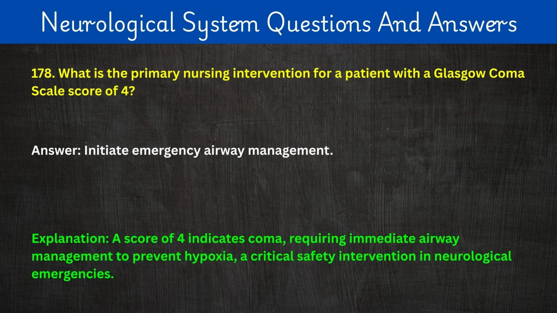178. What is the primary nursing intervention for a patient with a Glasgow Coma Scale score of 4? Answer: initiate emergency airway management. Explanation: a score of 4 indicates coma, requiring immediate airway management to prevent hypoxia, a critical safety intervention in neurological